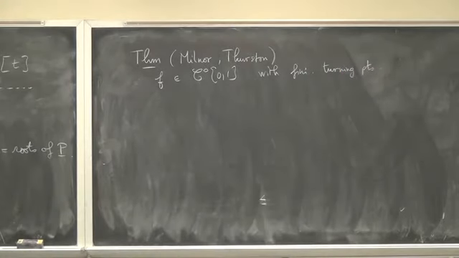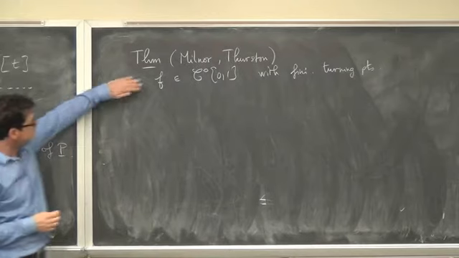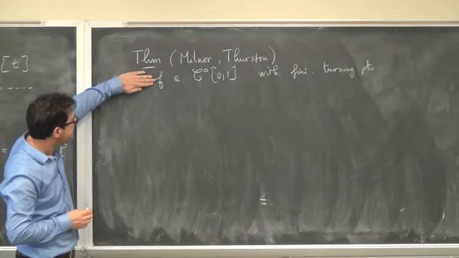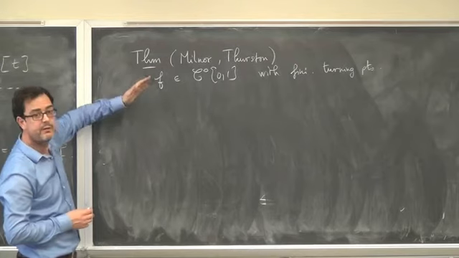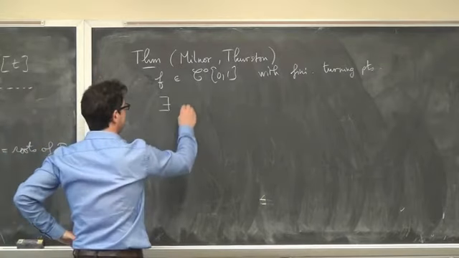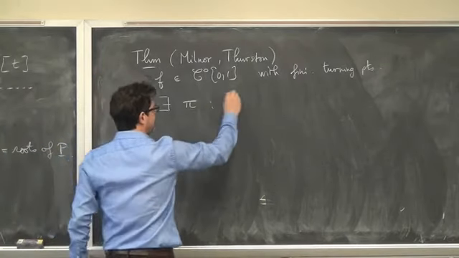And then what the theorem says is that if you want to compute the entropy of F, or study the dynamics of F, you can replace F by a piecewise linear map with constant slope. So there exists,